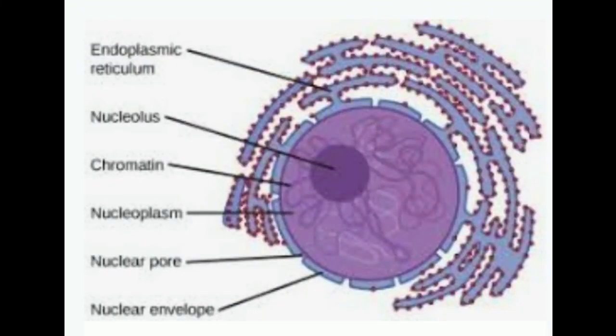This nucleolus is a site of ribosomes. Here ribosomes are formed or synthesized. Segments of the chromosomes are called genes, and the functions of the nucleus are that it controls metabolic activities of the cell and also controls cell division. The nucleus is involved in transmission of hereditary characteristics from parents to offspring.